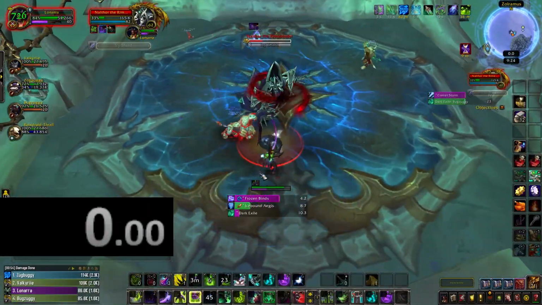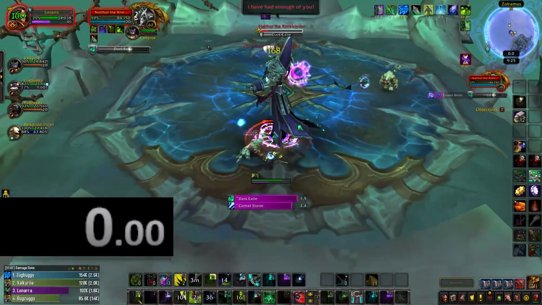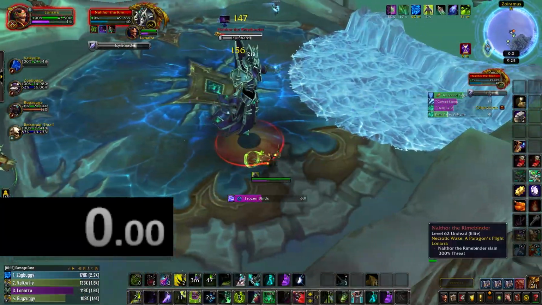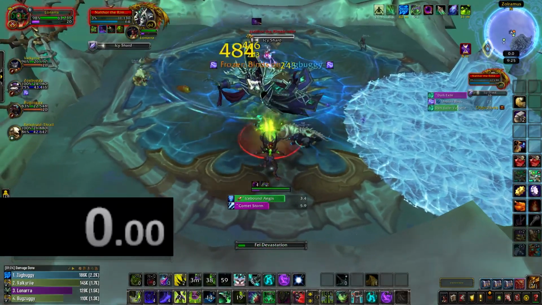Nalthor's final noteworthy mechanic is Dark Exile, which sends a random DPS player away to complete an obstacle course and kill a mob. Once they accomplish this, they can talk to a Kyrian NPC to get flown back to Nalthor's platform, and this NPC also gives the DPS player a 100% crit chance buff, making this a good opportunity to